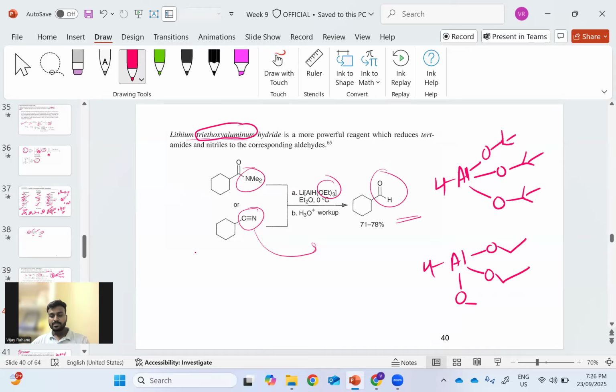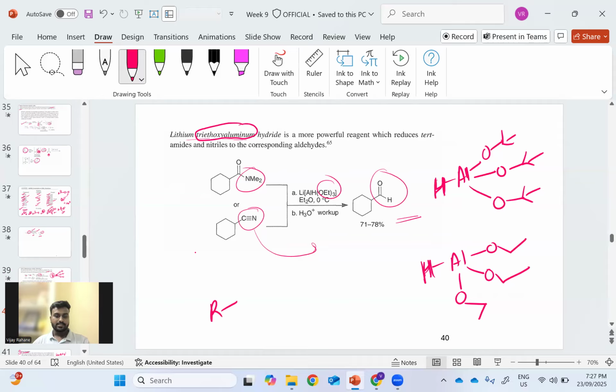So this will be slightly stronger compared to the earlier one, because with the steric bulkiness, that hydride is very weakly reactive. But with such a group, this is a slightly stronger reducing agent. And if you have, let's say, amides, this amide can be converted into the aldehyde by using this reagent. Also, if you have the cyanides,